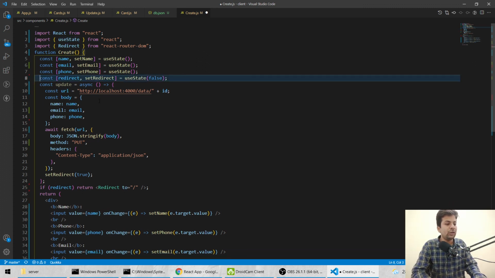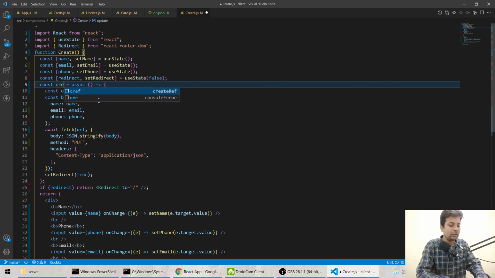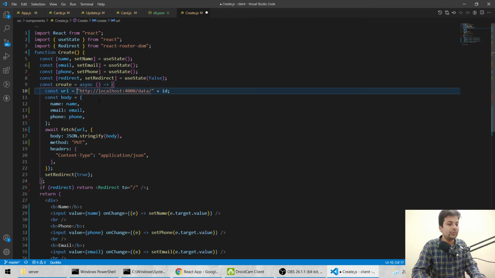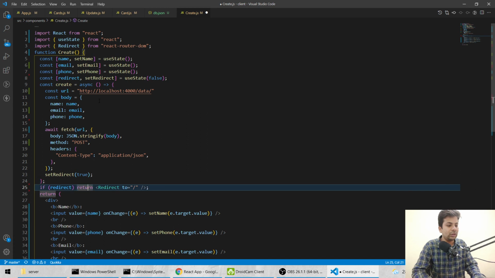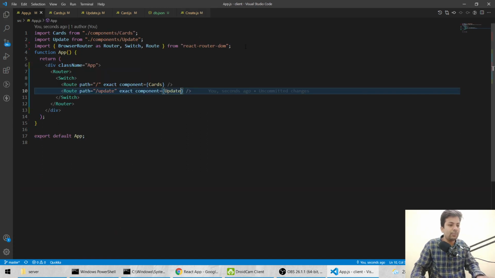Redirect will use, and function names will be create, and we don't need id. Everything same, instead of put we'll use post. Yeah, so everything is same. We just need to import it here.